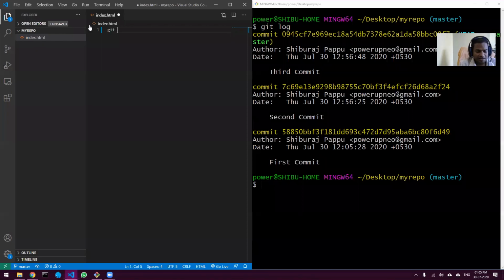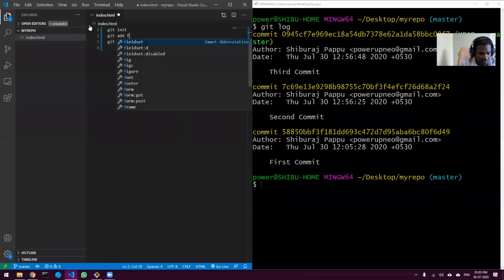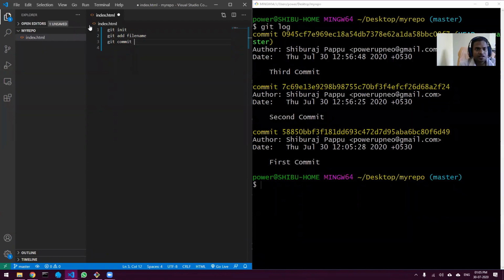Okay, so let me quickly revise what all things we have seen. We started with git init, then we saw git add, then we saw git commit. I'm not writing the entire statement, or in fact I should write, I think, file name. Then git commit minus m message, then git status,